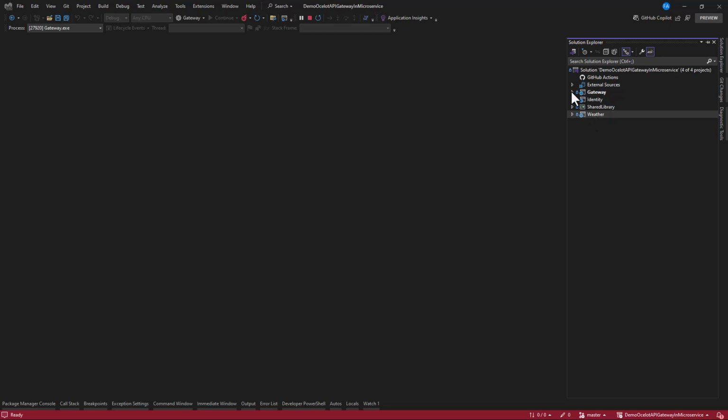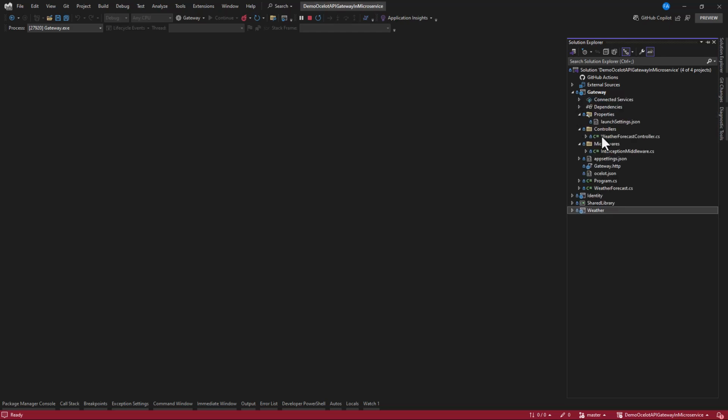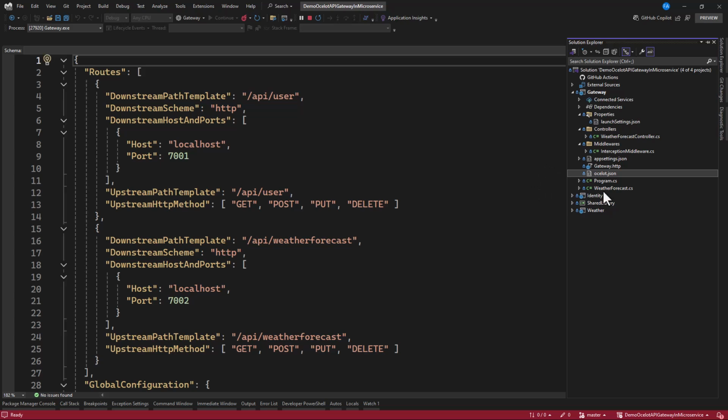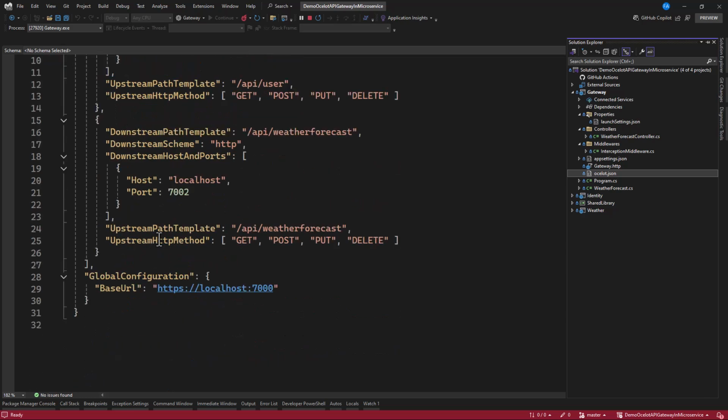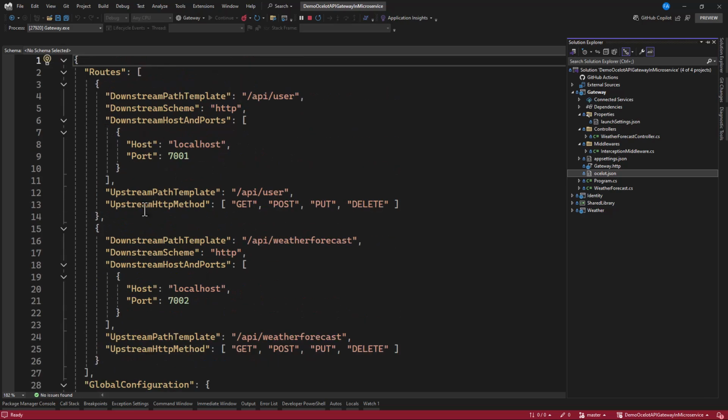So in the gateway, we installed the Ocelot package, and we've configured the service as a route by creating an ocelot.json file and specifying the route in here. Currently, we have 2 endpoints or 2 services, so we have 2 routes specified, and that is the api/user, and also we have an api/weatherforecast.